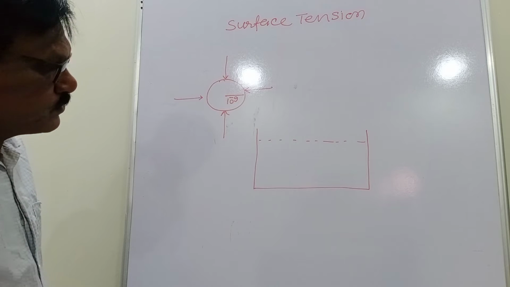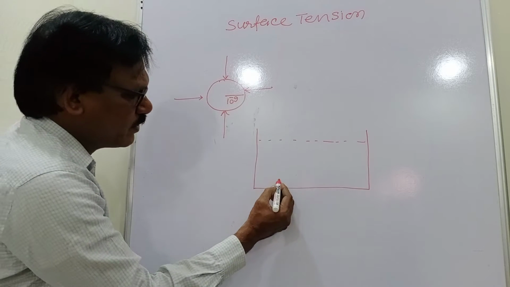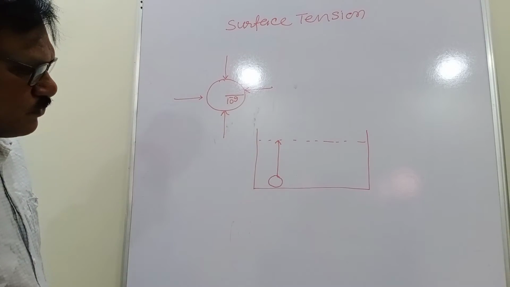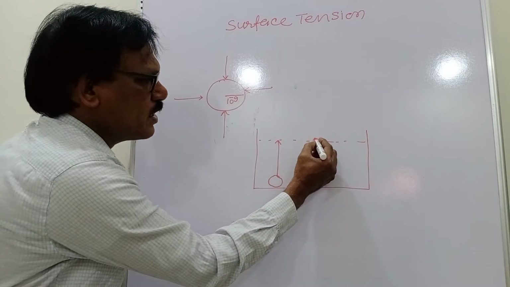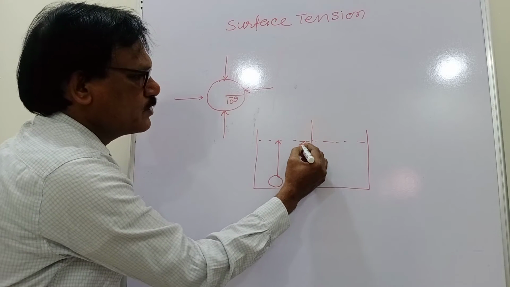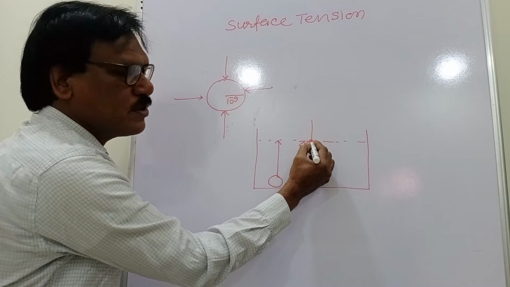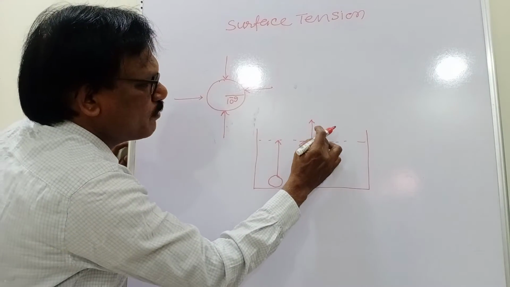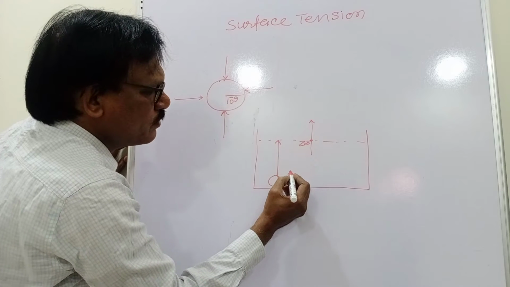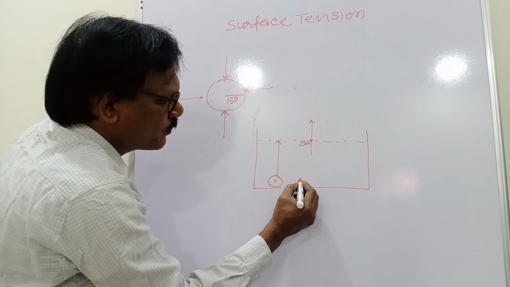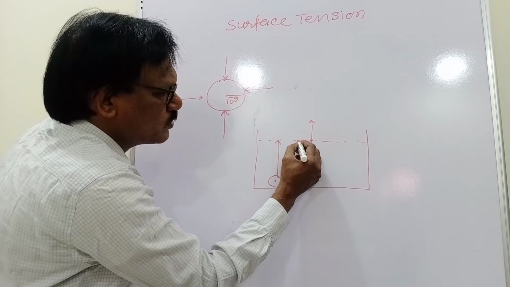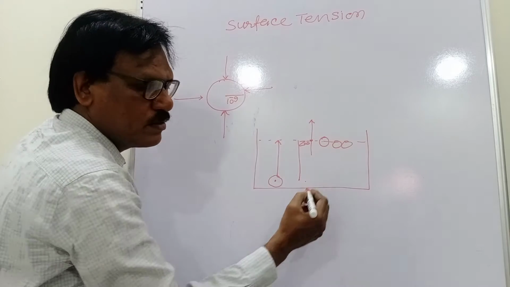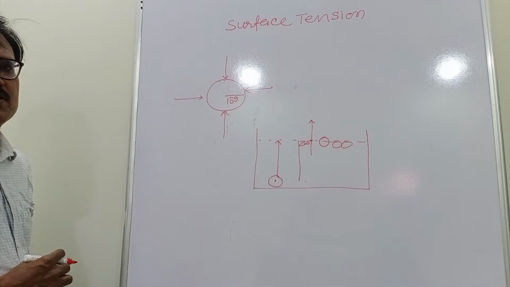Apart from that, we have also discussed that if we take one molecule from the bottom to the surface, we have to do some work. If you take z equal to 0 here, till this point the molecules are there. Above that the molecules are not there. So when a molecule is brought to the surface, the number of molecules will increase here, and that means the surface energy will increase.